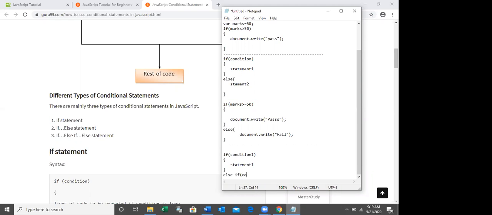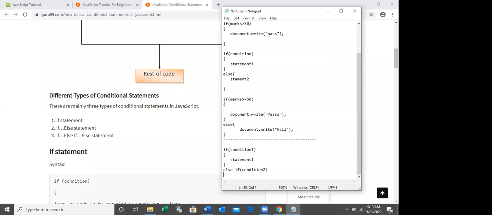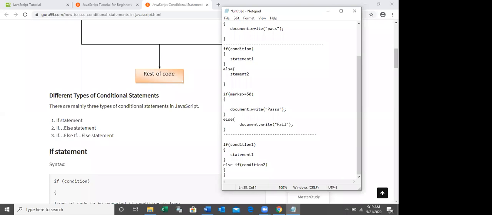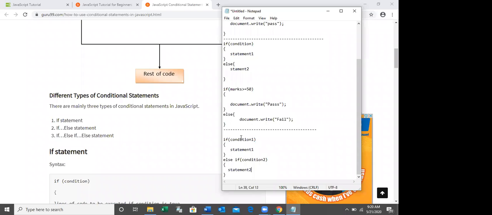If condition 2 is true, then statement 2 will be executed. Condition 1, statement 1 will be executed. If condition 2, statement 2 will be executed.